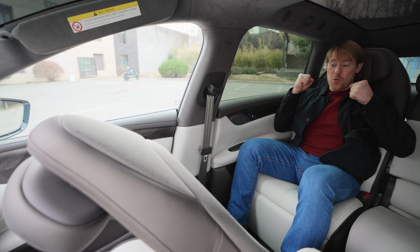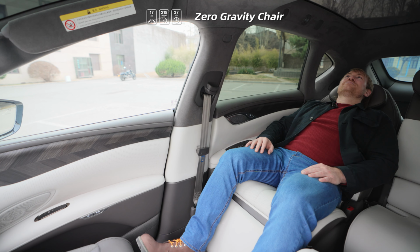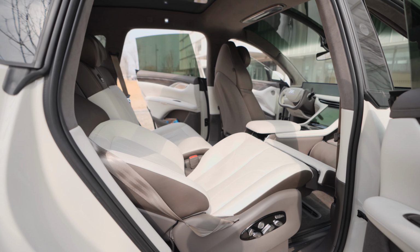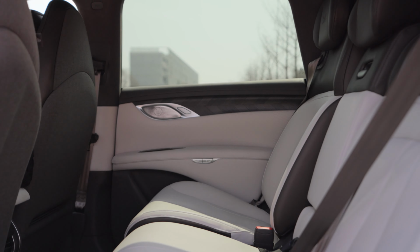same positions that astronauts are in when they are about to launch into the moon. So it is very, very comfortable. You can fall asleep, you can take a nap. The other seats, for the other people, not as comfortable, but the Napa leather and the comfortable cushions are sure